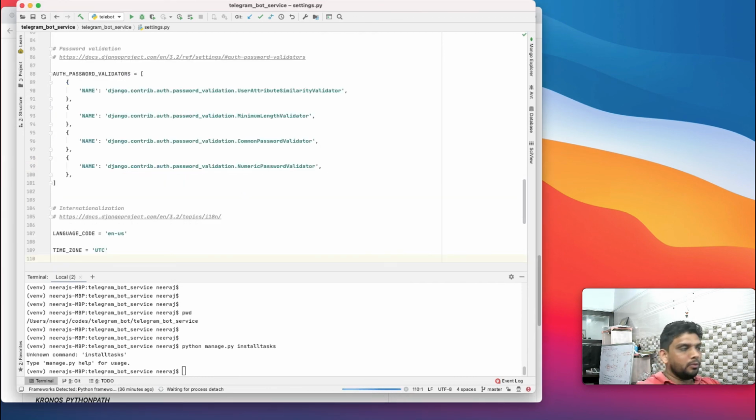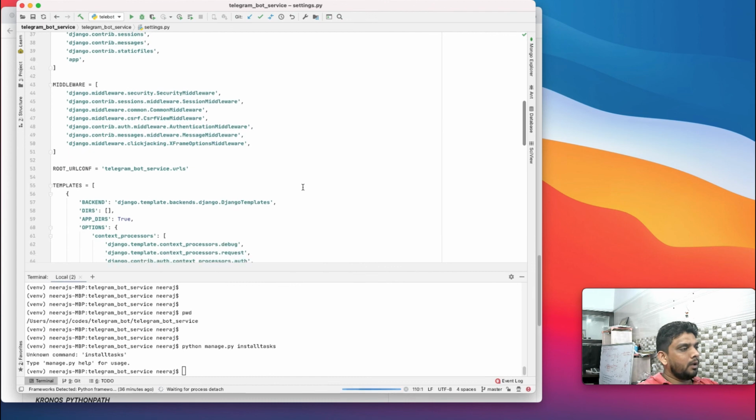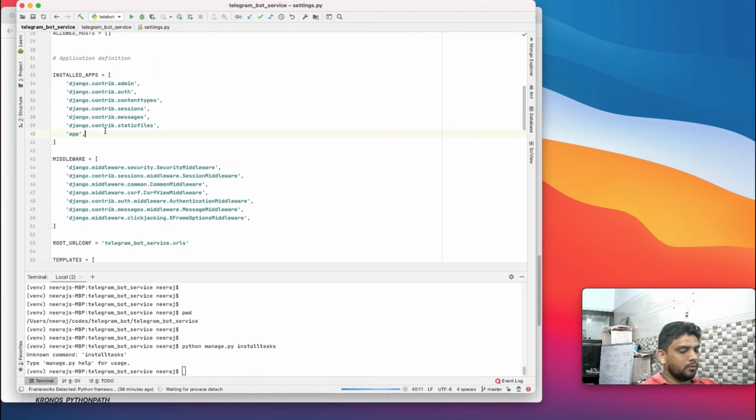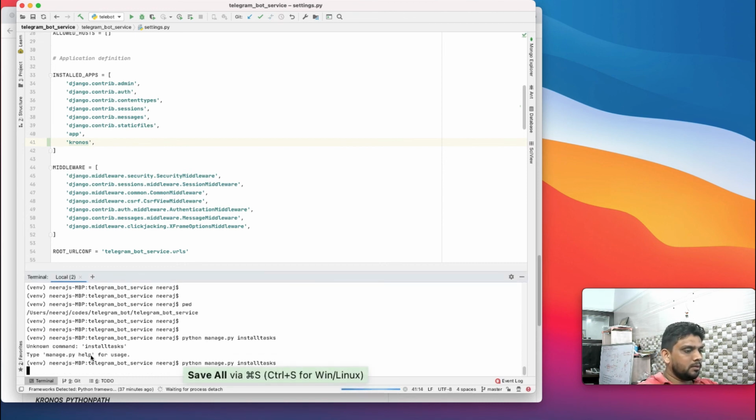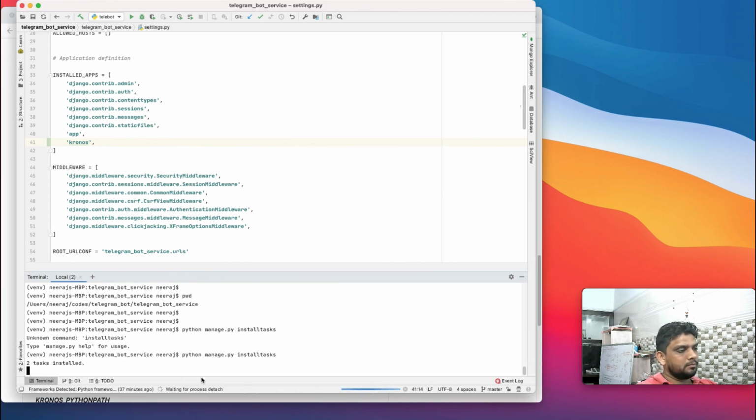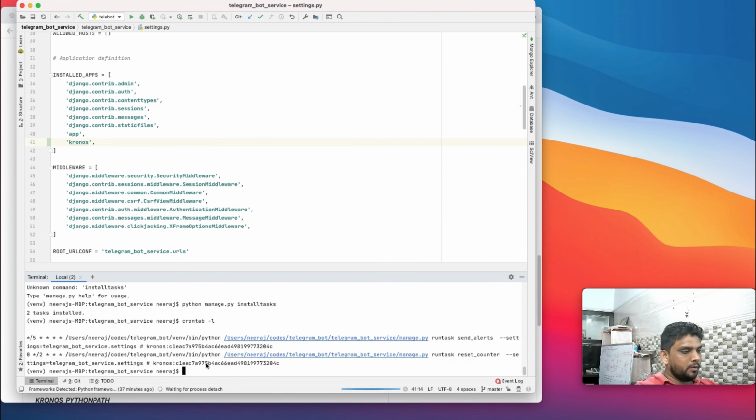So over here we need to add cron. Now it will recognize the command. Yes, new task installed. So that is done.